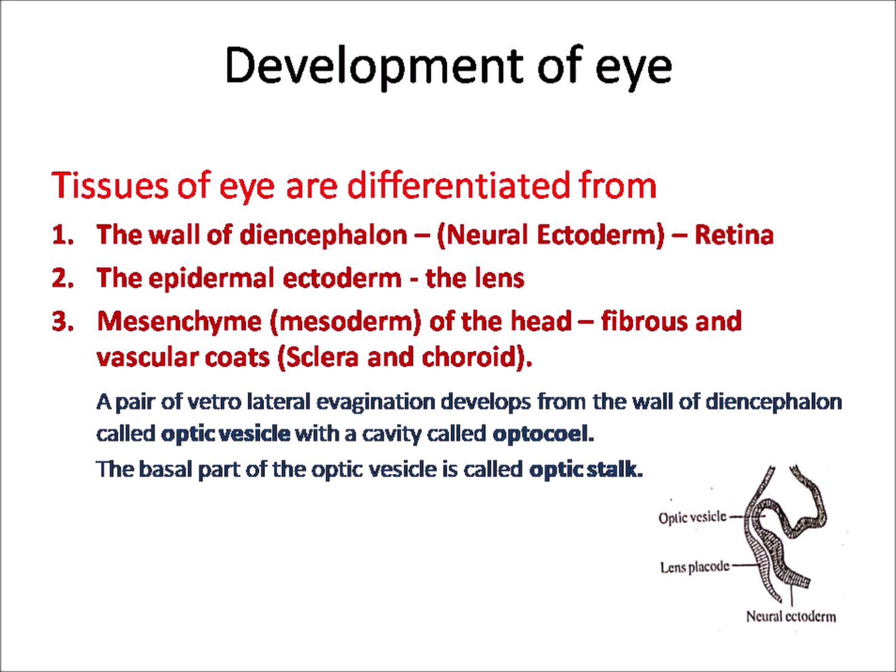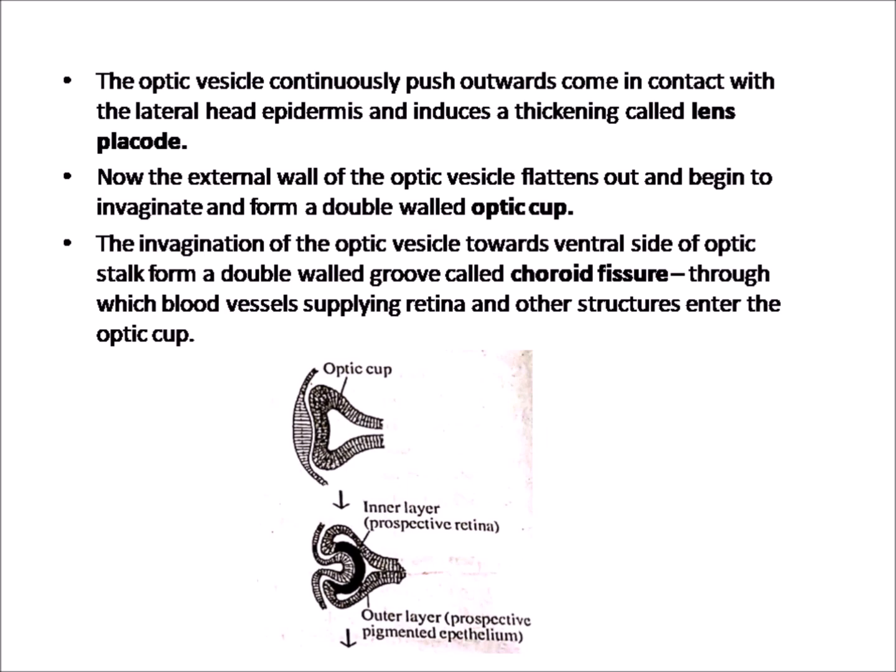A pair of ventrolateral evaginations develops from the wall of the diencephalon, called the optic vesicle, with a cavity called the optocoele. The basal part of the optic vesicle is called the optic stalk. In this slide, the optic vesicle is continuously pushed towards and comes in contact with the lateral head epidermis and induces a